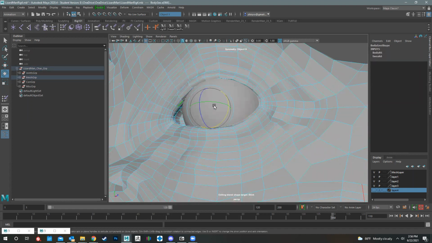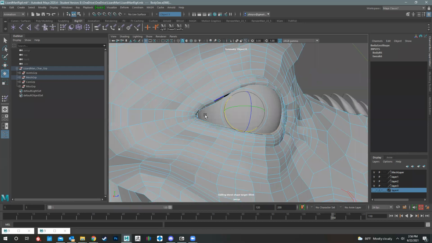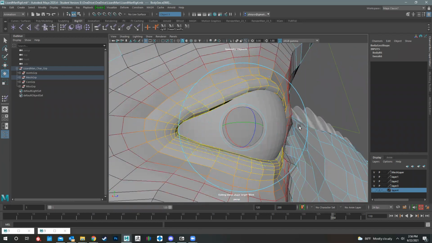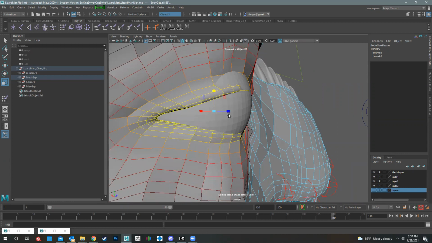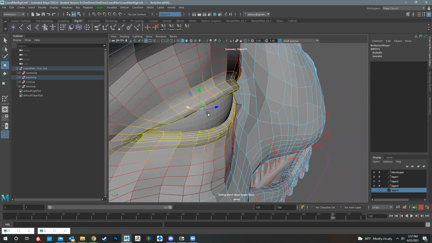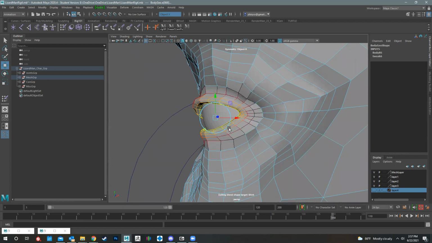Okay. I'm going to double click an edge loop that goes around the eyelid, preferably one that's actually on the eye. Okay. And then what I'm going to do is go ahead and close it. And I'm just going to start sculpting that shape. Okay. I'm going to use